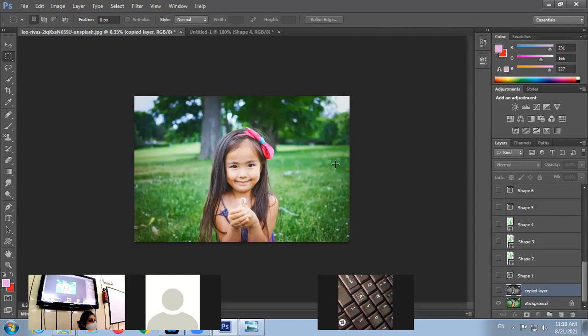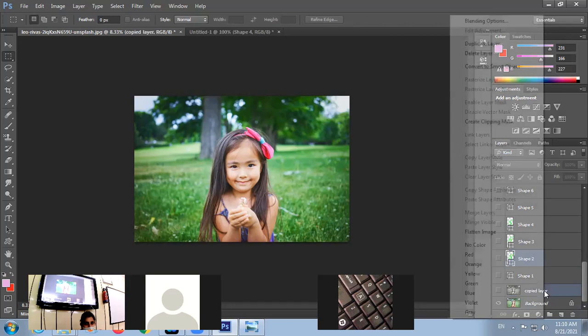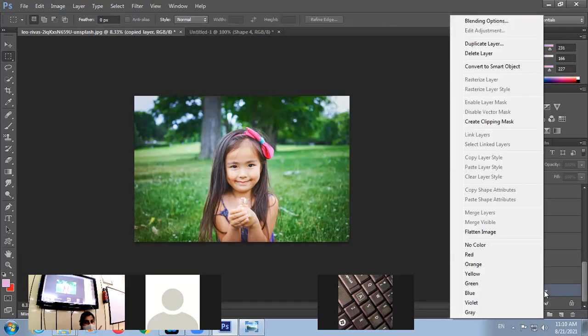Okay, 3 methods for inserting layer, 3 methods for deleting layer. Renaming का method, simply double click on the layer. So double click on the layer name and you can change the name of the layer. So right click से नहीं होगा. You cannot rename through the right click. See, right click पे option नहीं आ रही है. Okay, renaming का एक ही method है, simply by double clicking on the layer and typing the new name.